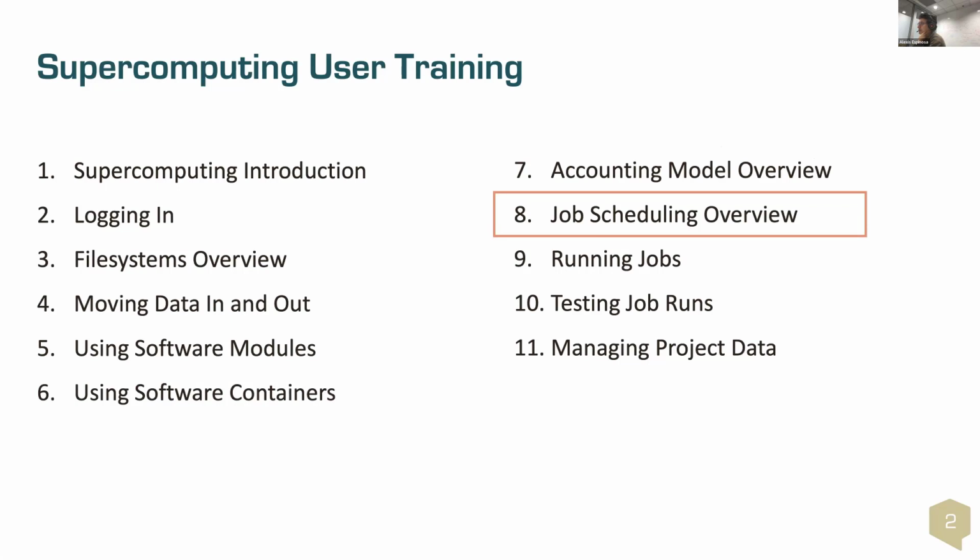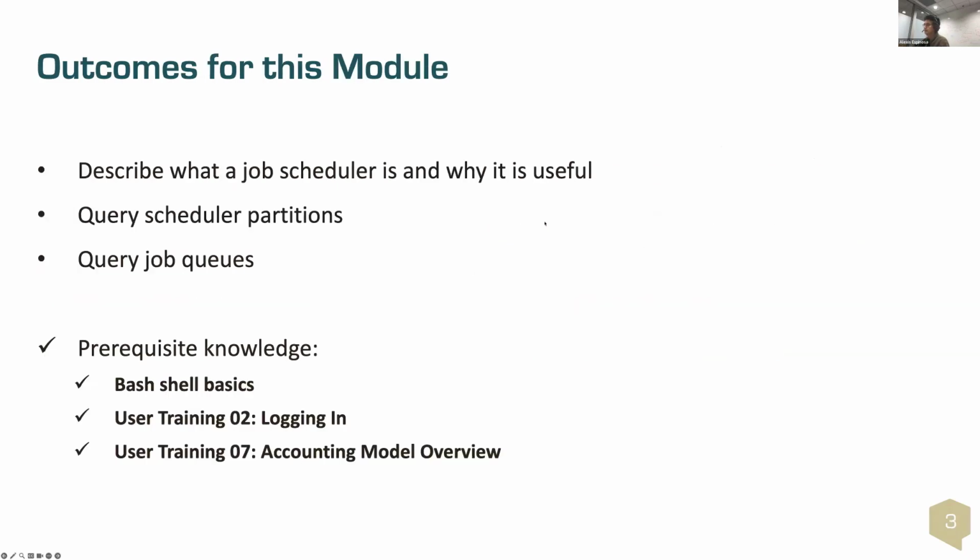So I will jump to module 8, which is the scheduling of jobs. 8 and 9 are the things that we are going to cover today. And then tomorrow we're going to cover 11 and a module that is not here, but it's in our documentation, which is running jobs on the GPU partition. Okay, so